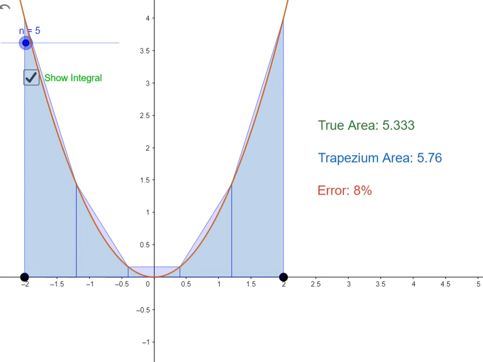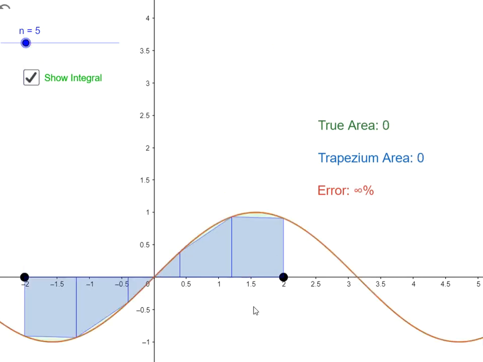Let's see what happens with a function that has some concavity and convexity in it. So we've got something weird going on here. We get a true area of 0, which makes sense. We're integrating from -2 to 2, so the positive and negative bits cancel out. The trapezium area is also 0. That's where the error is coming out as something strange. We're trying to divide the trapezium area by the true area to get a comparison. But we can see these two are the same, so our trapezium area is doing a pretty darn good job